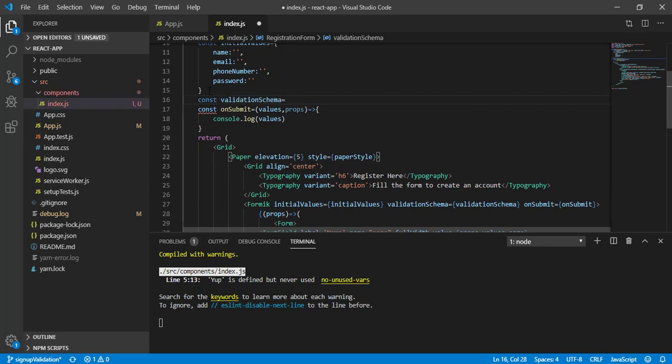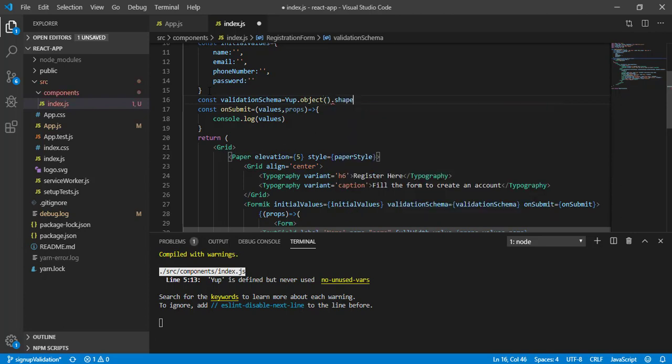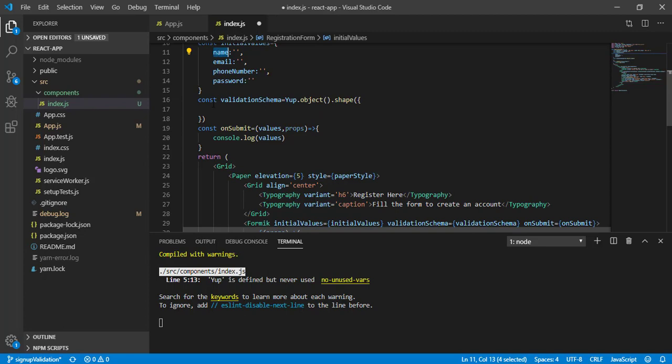And here I will say Yup.object().shape. That means what the shape of this object should be. So let's define this. The first property in the initial values, you can see, is the name. So let's define the condition for name first.